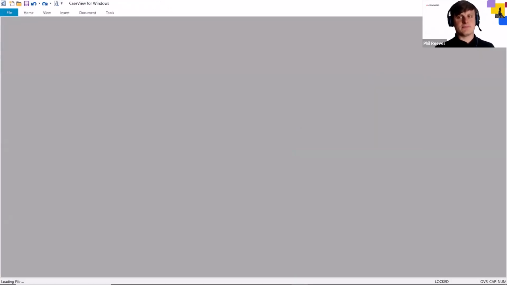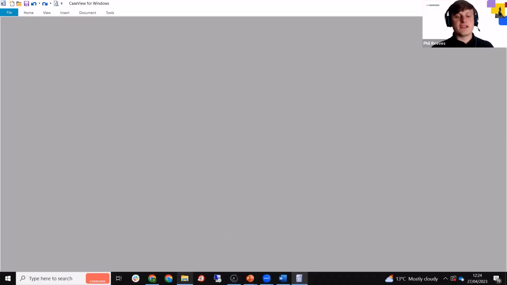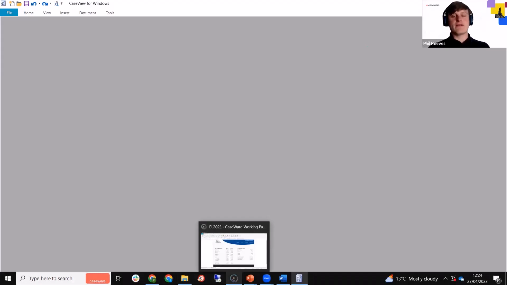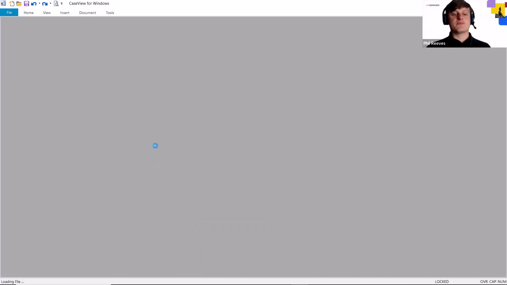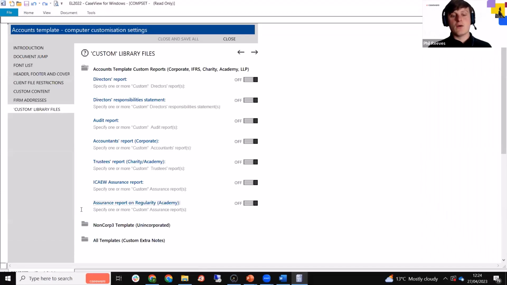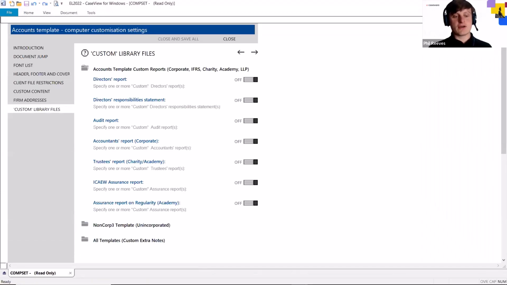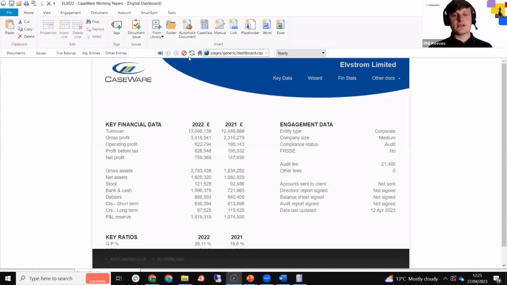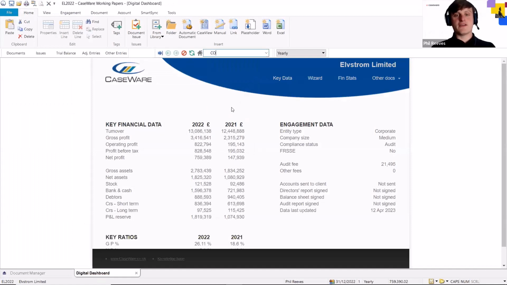If you are working on a file that is an audit file where accounts have been built in and you want a custom audit report, the digital dashboard obviously won't be available because you'll have the audit dashboard appearing instead. All you need to do, you can see the name of this document is comp set. So just go into here and type in the search function, type in comp set, and that'll open up the